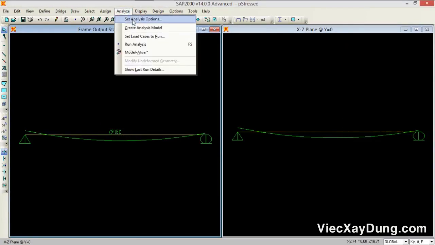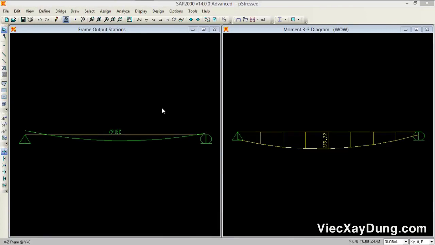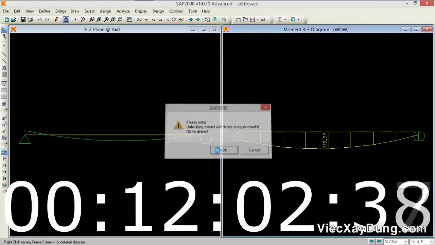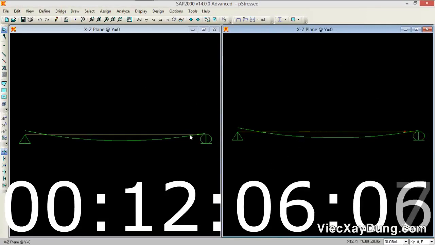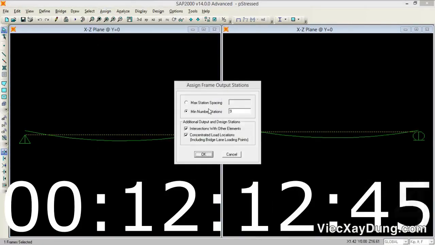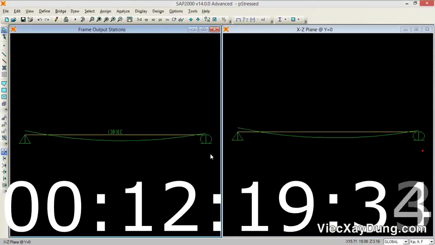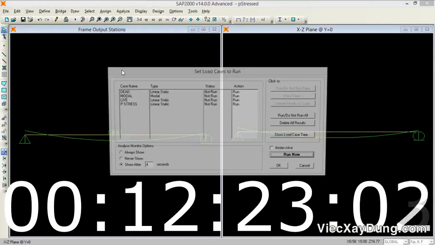Now what we need to do is analyze it. First setting the analysis option and then running it. Our analysis is done. Now you can see that it analyzes our frame into 9 parts, 1 2 3 4 5 6 7 8 and 9. It analyzes our frame in 9 parts, and you can see the demand is 279.72. I just unlock the model now and select this frame, and go to assign, frames, and output station. Now if I increase this from 9 to let's suppose 30 and see what happens. Now it is dividing my frame into 30 sections,